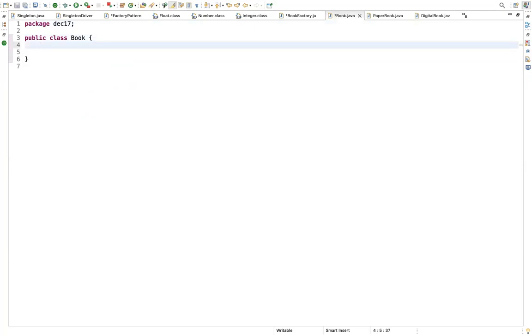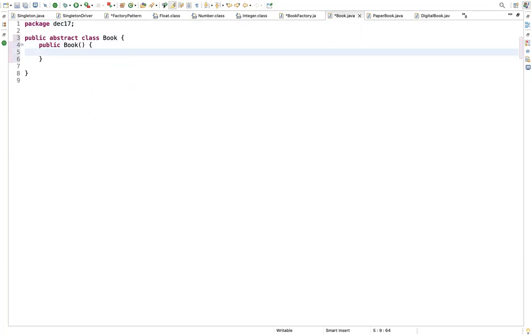In line number 3, before class, we'll have the keyword abstract, like whatever you saw in your number concept, you're doing the same thing. Now within this Book, we'll have our constructor Book, which takes one parameter, BookType, the same thing you took earlier.